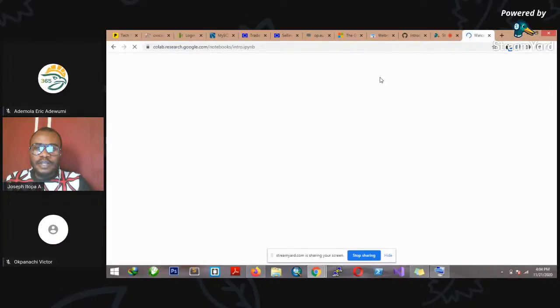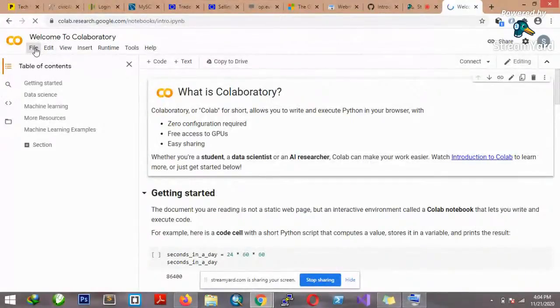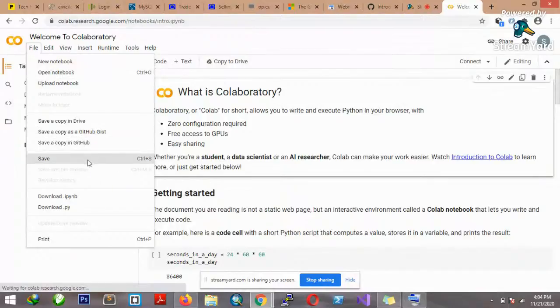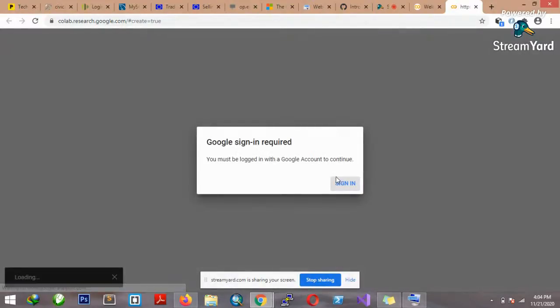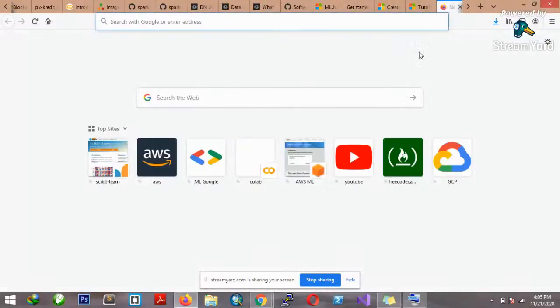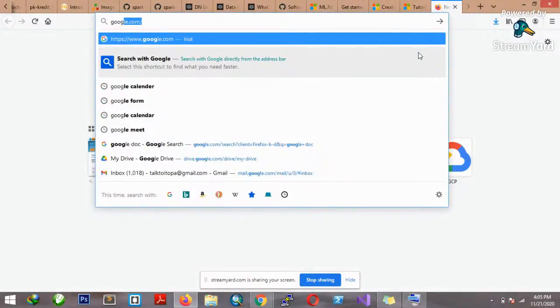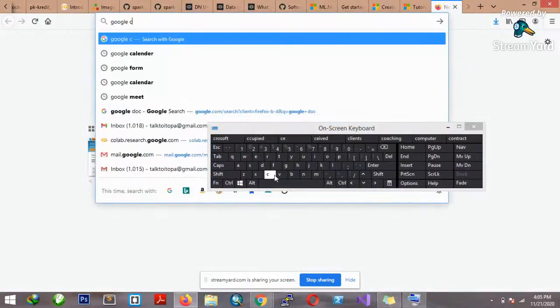Once we get there, okay, this is the environment. So we are going to go to new notebook, okay. Okay, sorry about that. Let me use my, I think I have it here already. So you just type Google Colab,